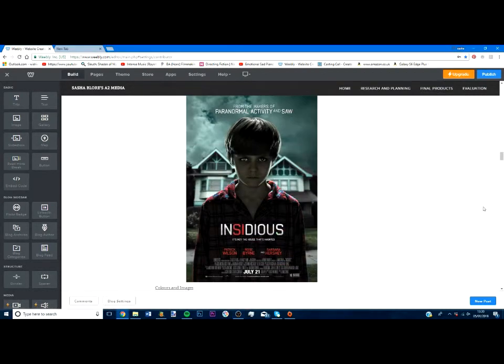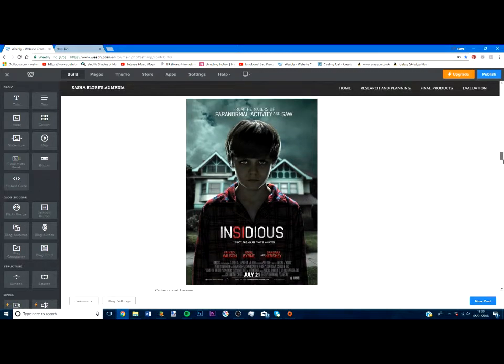Okay, so this is my poster analysis of Insidious. We'll start off with the colours and the images. As you can see, we've got quite a blue hue over it. That has connotations of sadness and sort of fear, which can show the audience looking at it, to see whether they want to go and see the film, that there could be some quite sad events. It also gives you an impression of something paranormal and supernatural, which the film is quite supernatural.